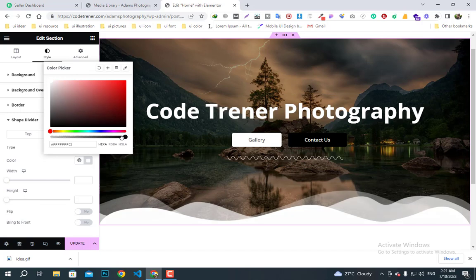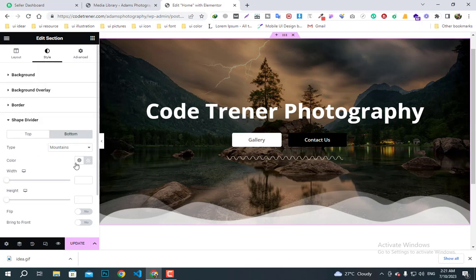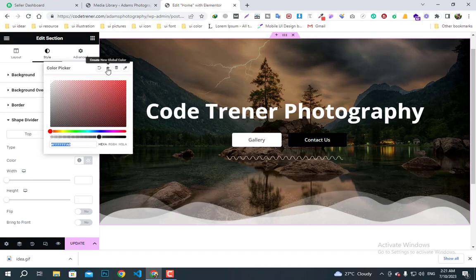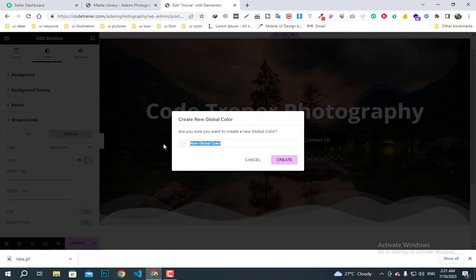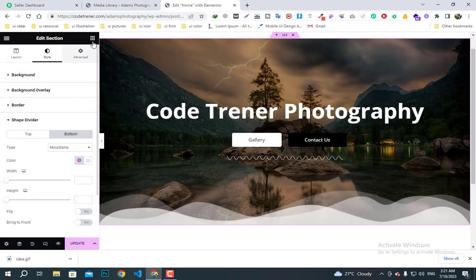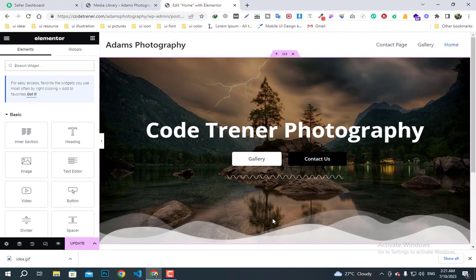I will first select white, and then I will reduce its opacity. Okay, now it's looking better, and I will make sure one thing, I will save this color to global color, and I will name it soft color. Okay, our banner section is done,